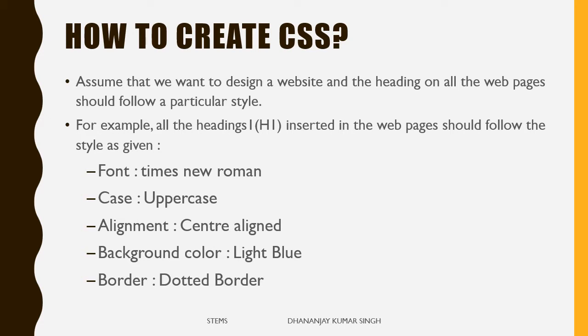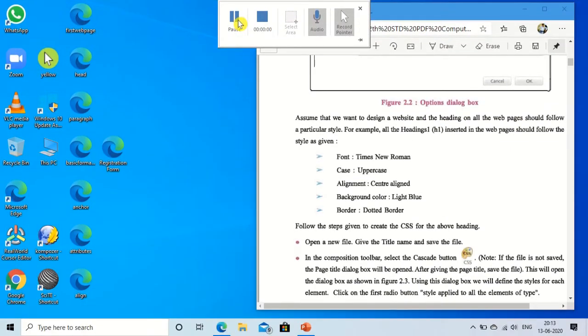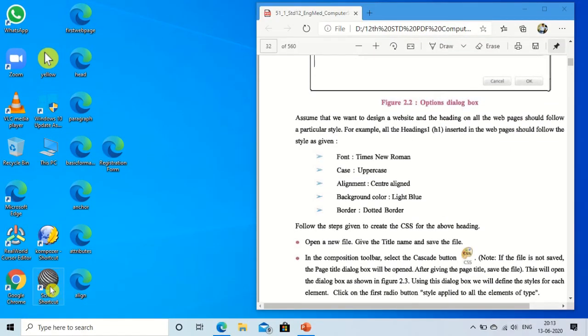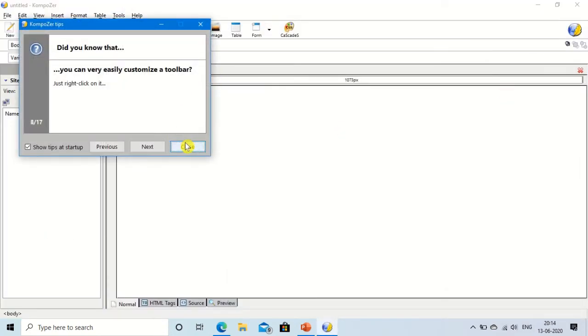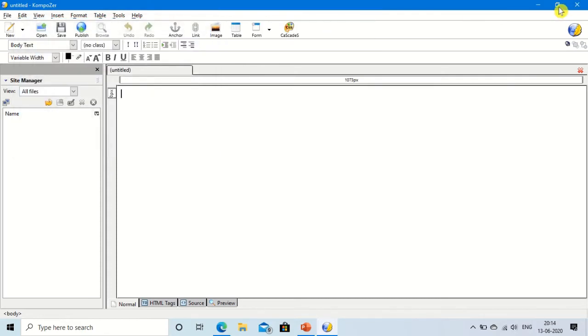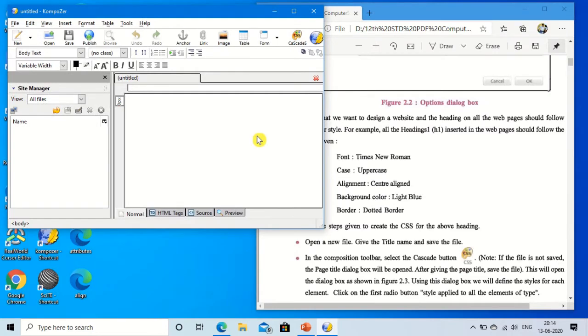So let's see how to do this. Okay, so open this Composer, close this, and look at this.